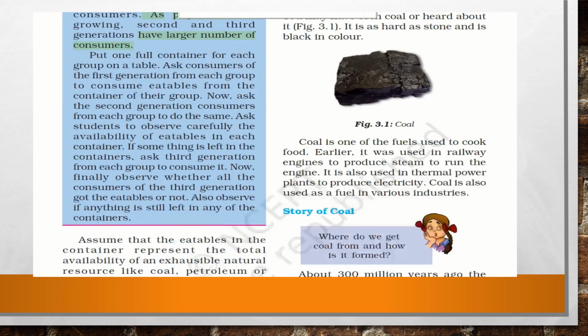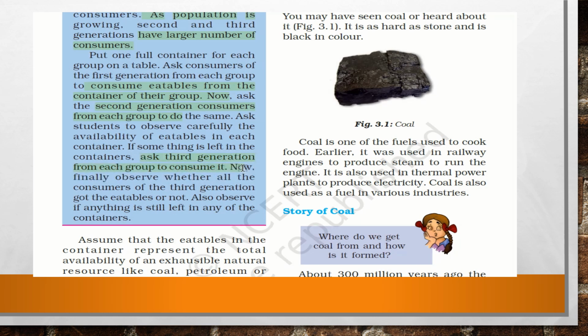Now, you can put one full container for each group on a table. You can ask the consumers of the first generation from each group to consume eatables from one container. Now we are asking the second generation from each group to eat the same. Now, when we are asking the third generation to consume it, we can finally observe